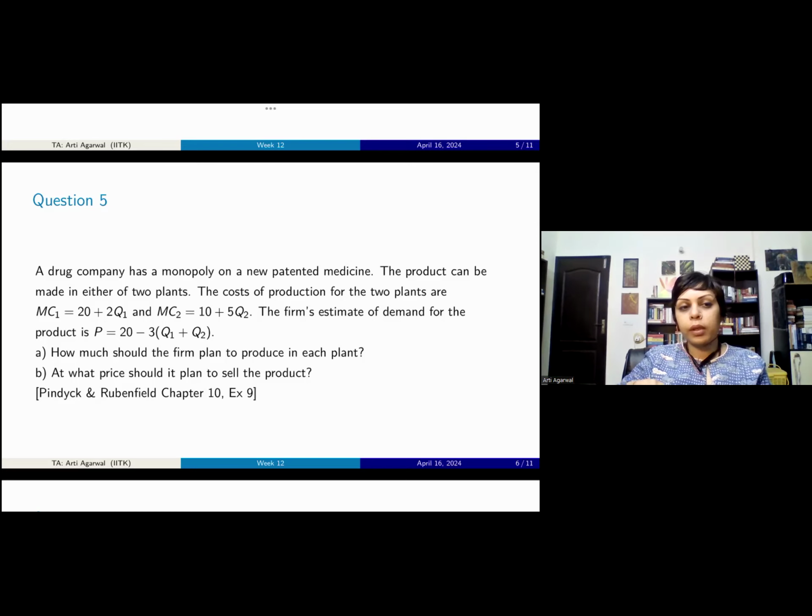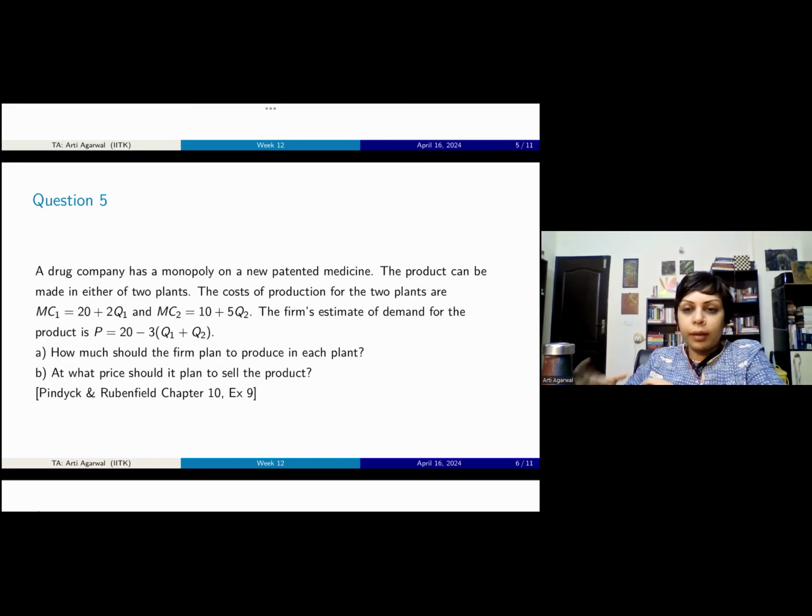But for now, just assuming that the marginal cost is not constant, it is a function of Q1 for factory one, and Q2 for factory two. If the marginal cost of factory one is higher than the marginal cost of factory two at some level of production, MC1 is greater than MC2, then why would the firm produce at factory one at all? If it can reduce its costs by shifting to the other factory, then it will obviously do that.